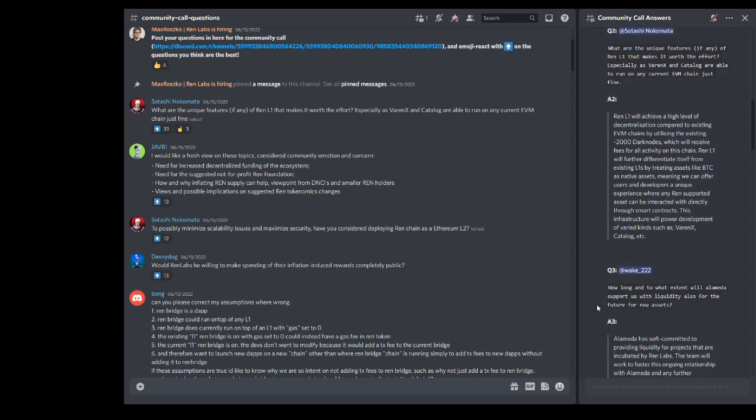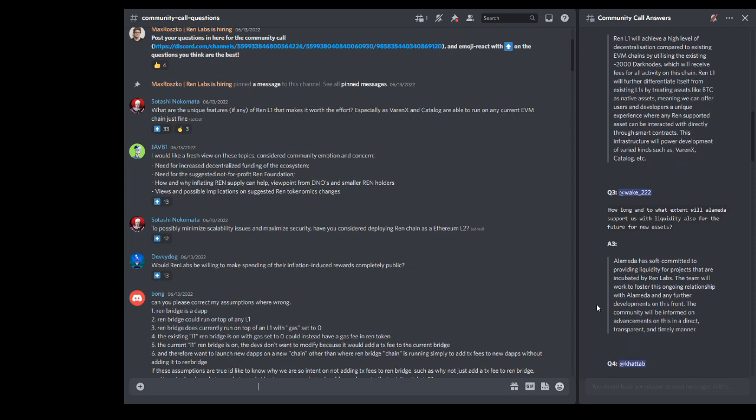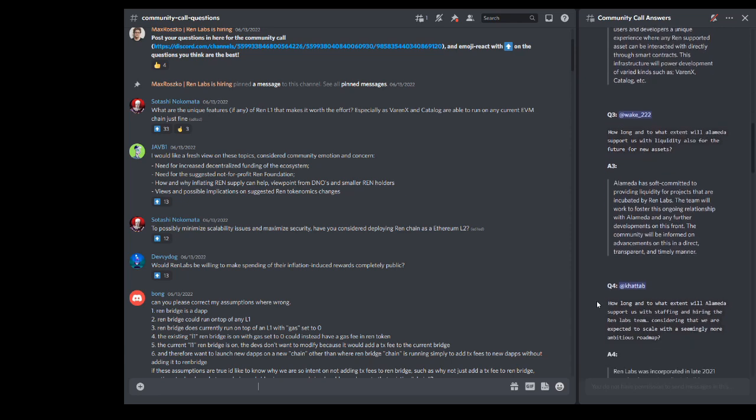So the Ren Layer 1 can also differentiate itself since it can treat all of the cross-chain assets as native assets. There's no longer like a Ren BTC token. It's like there's Bitcoin on this Ren chain and Zcash and Dogecoin and USDC when it's brought over from an EVM chain. So it creates a new sort of developer and user experience where you can directly deposit any asset into smart contracts on Ren, and there's no